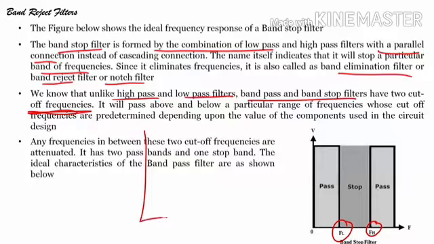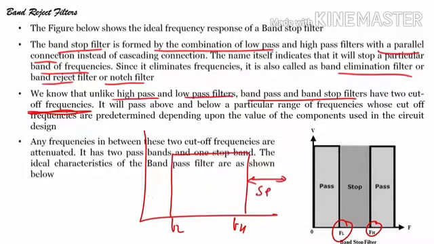Same way in the band pass filter we had 1 and we had 2, and this was a stop band, and this was the pass band. You do not have to write PB, SB. You have to write stop band, you have to write pass band, you have to write gain. It is very important what you write on the axis.